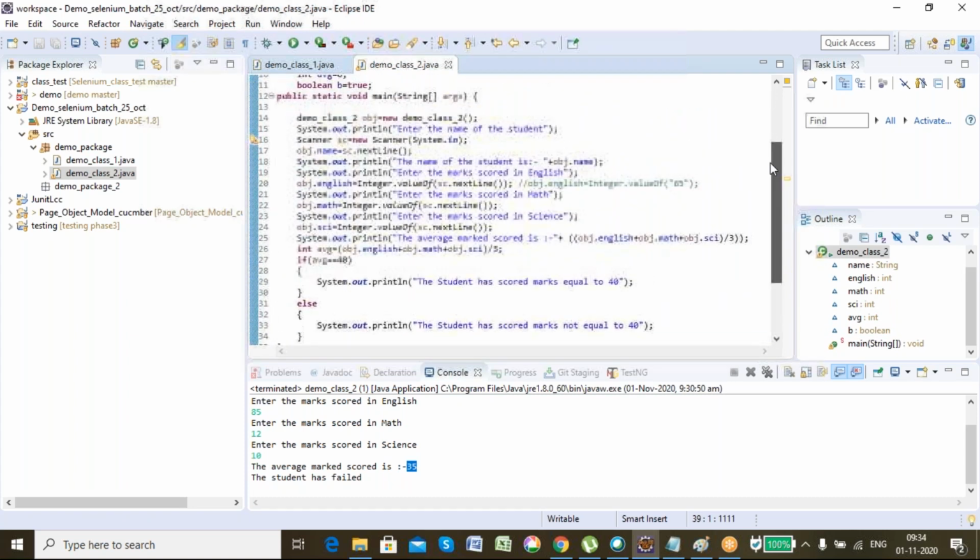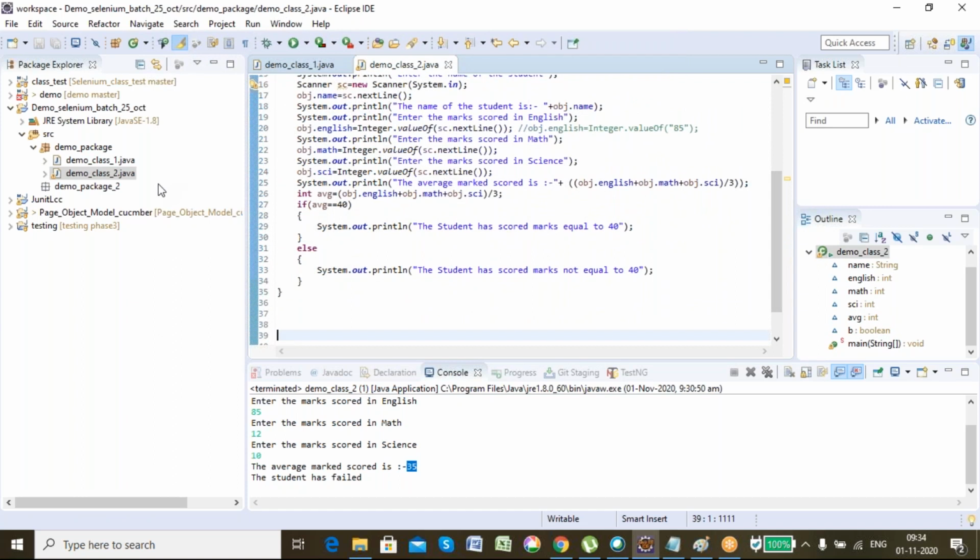Okay, so what I am doing is I'm comparing. If my average comes as 40, then it will print yes, the mark is equal to 40. Else, anything that comes greater than 40 or less than 40, it will print that the mark is not equal to 40.